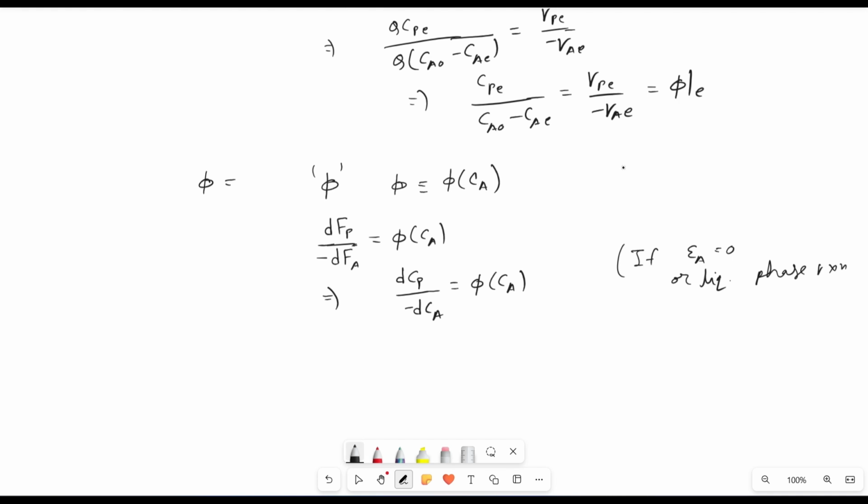Then the Cp can be easily integrated as phi of Ca into dCa